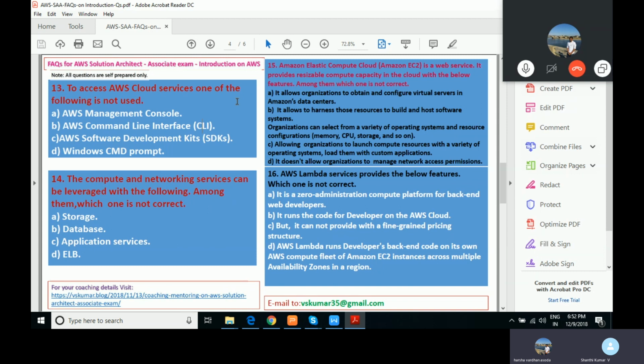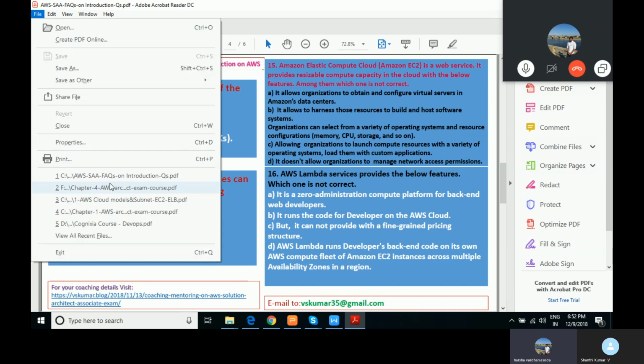14th is like the compute and networking service configuration. I'll read it. The compute and networking services can be leveraged with the following. Among them, which one is not correct? Database, because with compute and networking, we have storage devices available in that. Application services, obviously application servers and the services of web page and everything will be in the application services. And the last one is